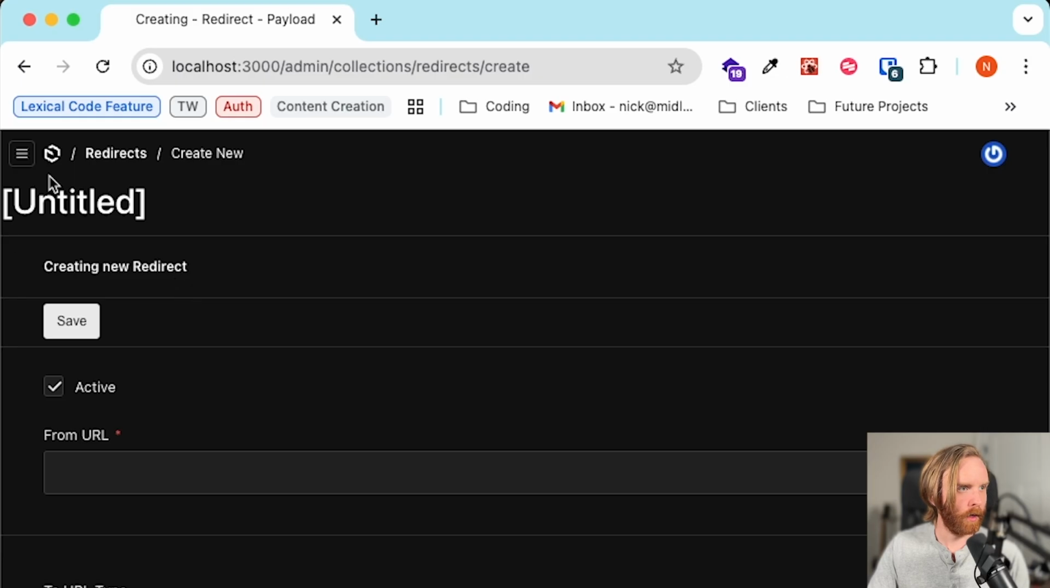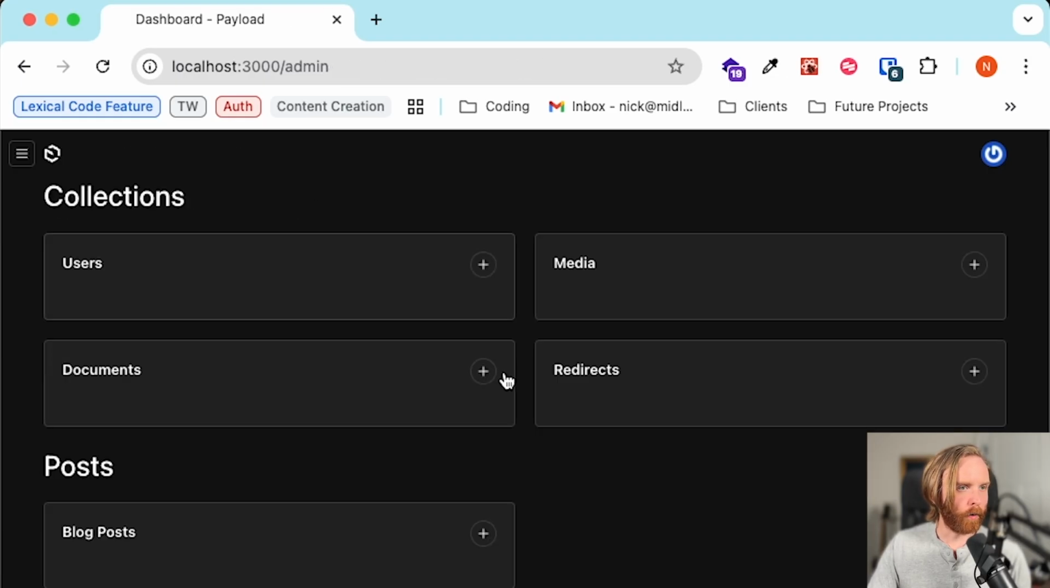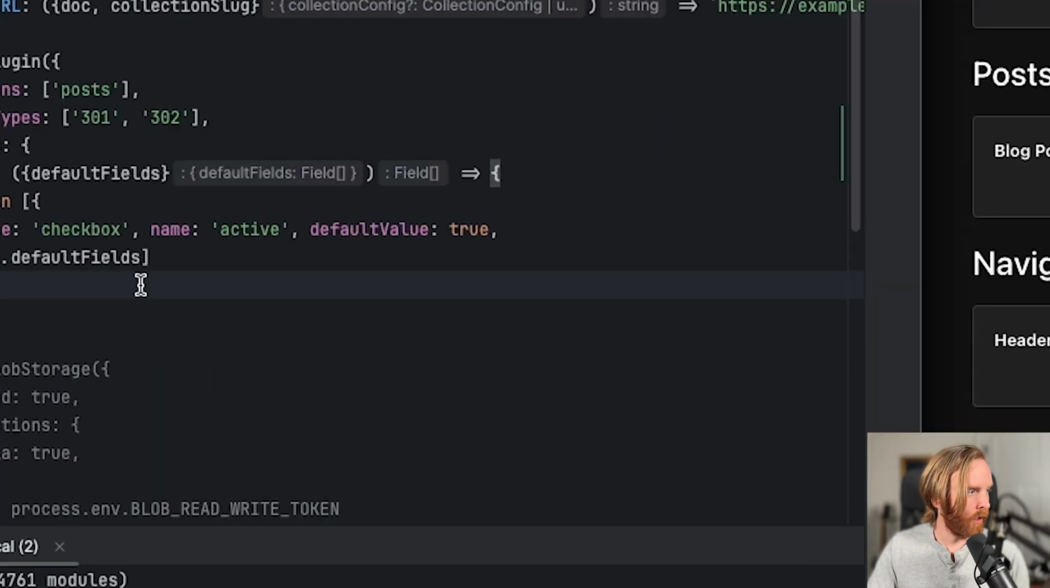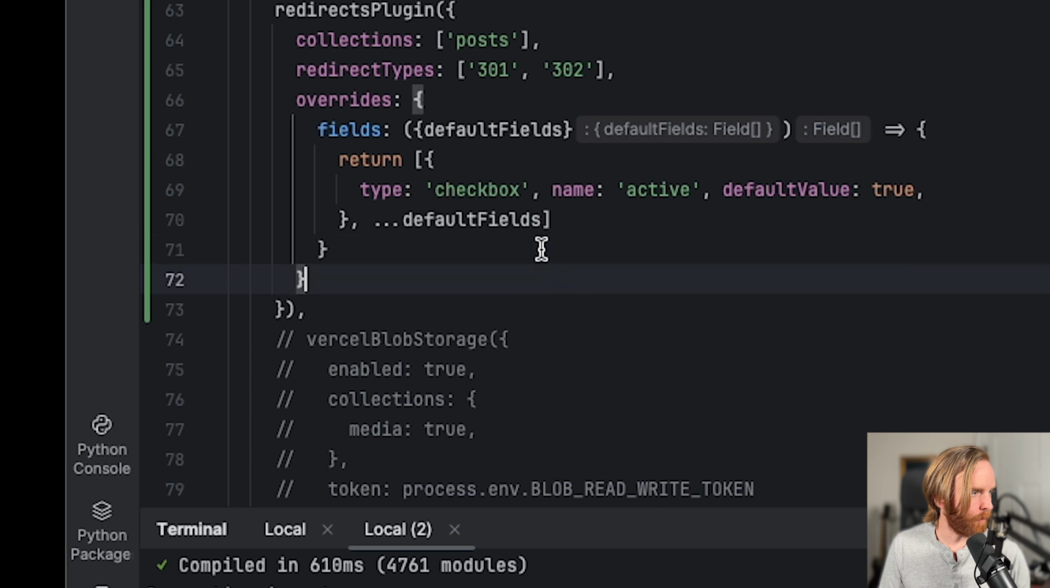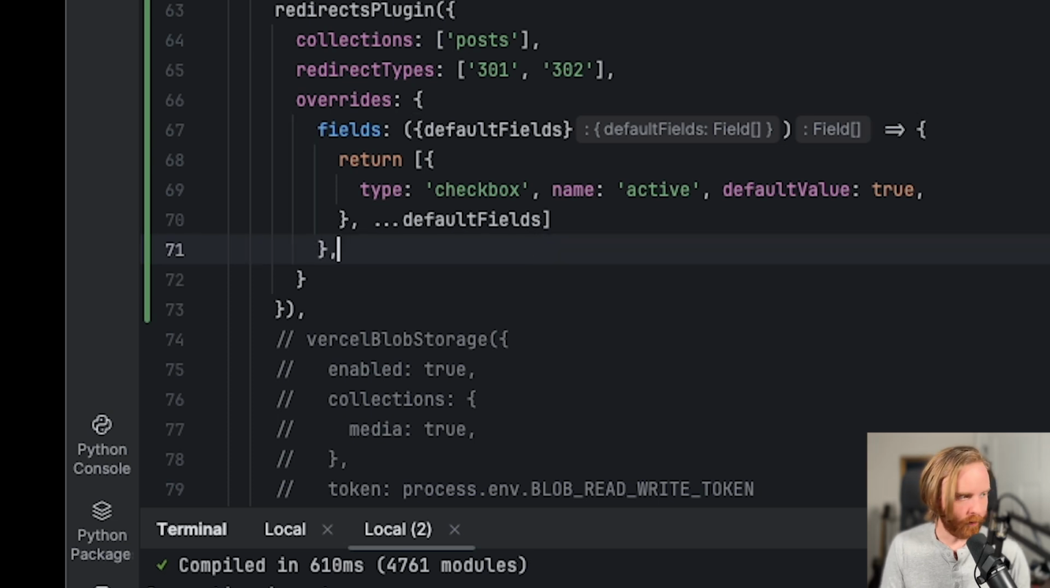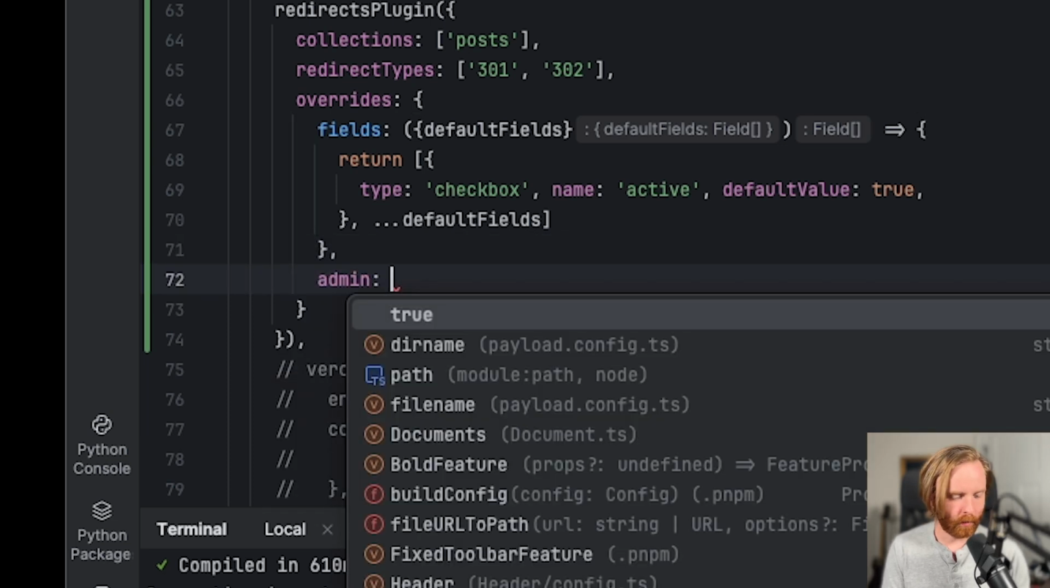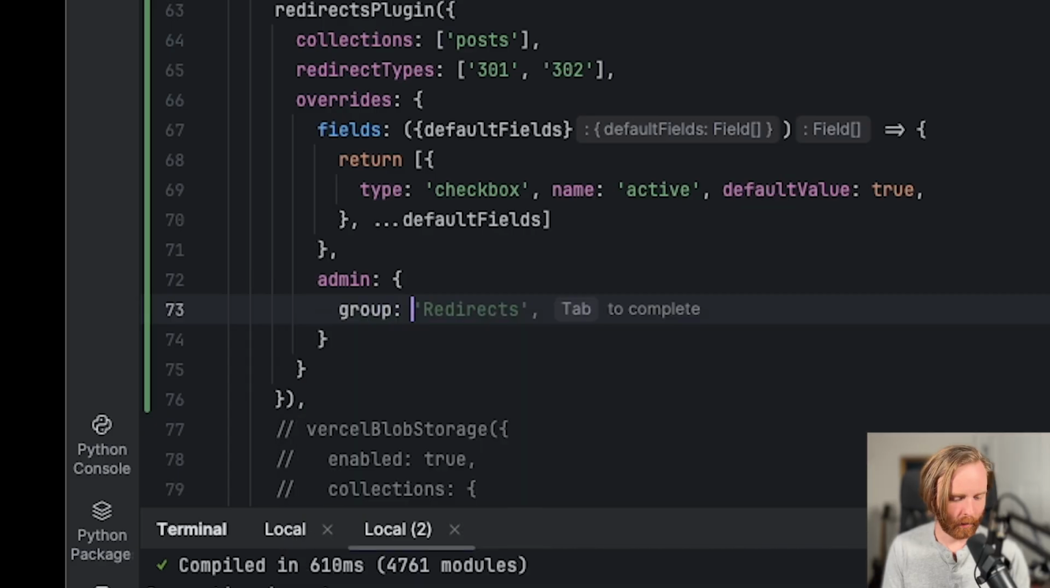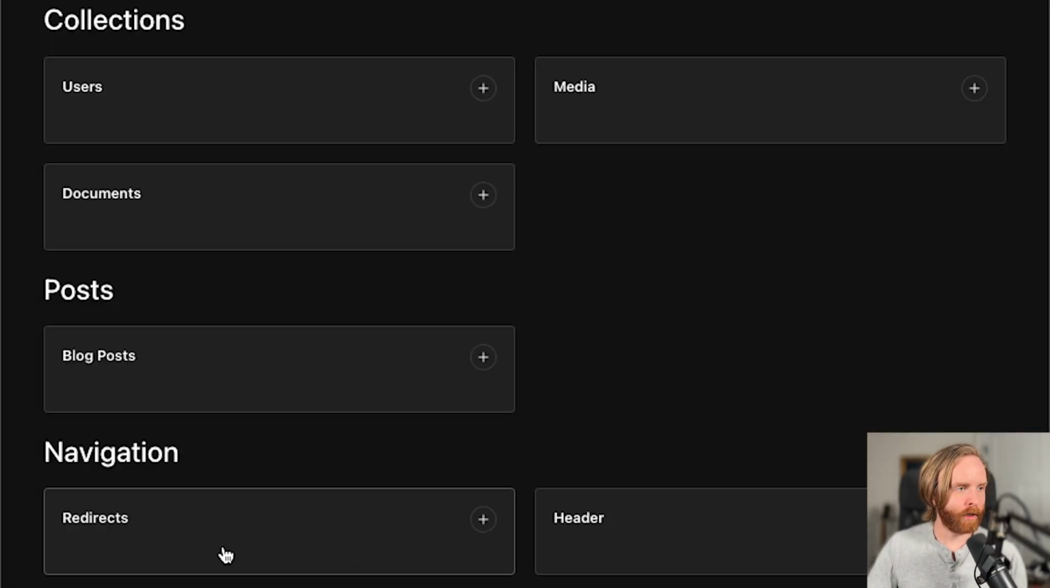active checkbox. Now, what if we wanted to move our redirects collection to a different part of our admin UI? So let's say navigation. We can also use overrides for that by adding under fields the admin property group, and we'll put in navigation. So now when I save this, we see redirects moves down to the navigation group as well. The last configuration option you have available is the redirect type field override, which allows you to override anything